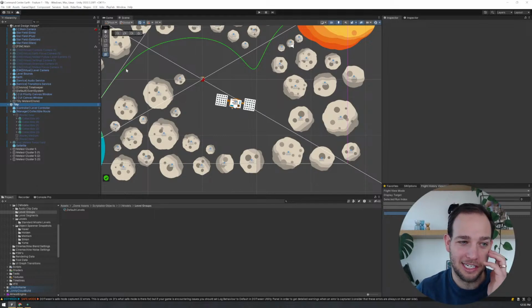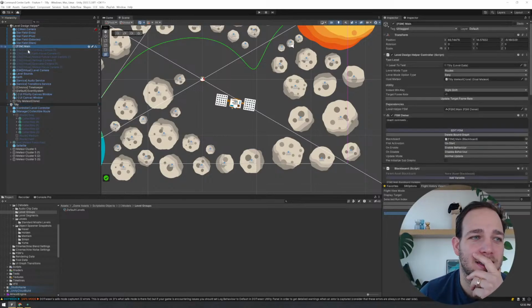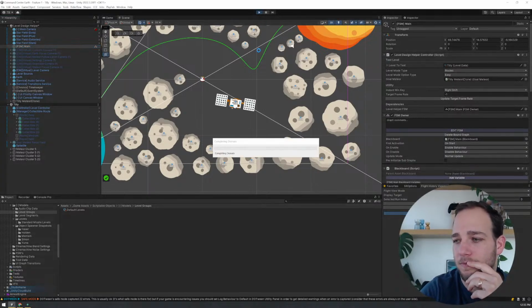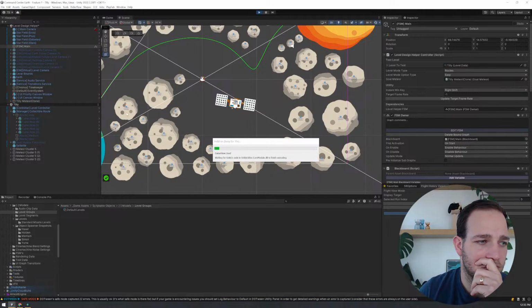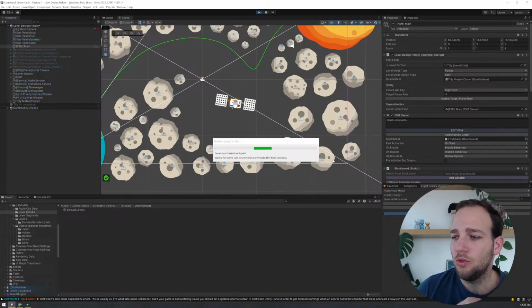For whatever reason, the context menu is popping up on the left screen, not on the right, where I think it should be. Okay, so I'm going to say here.